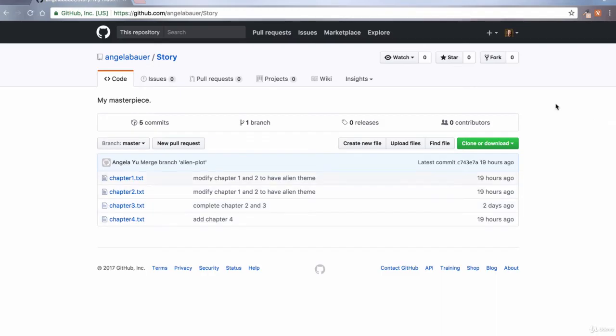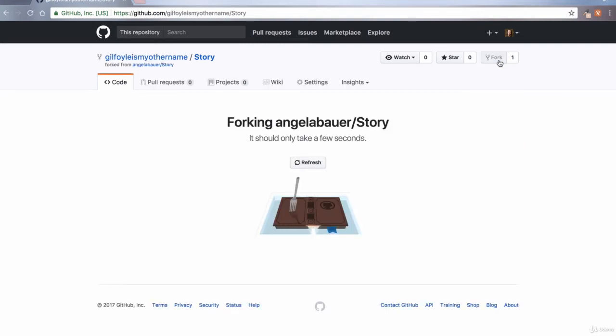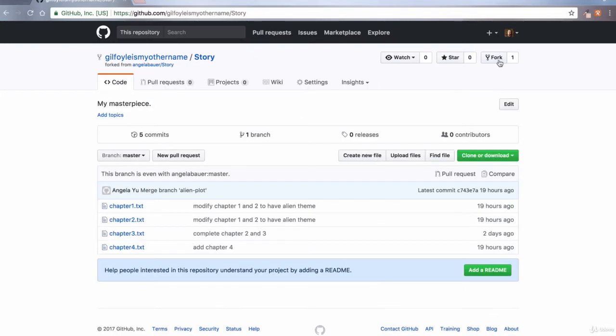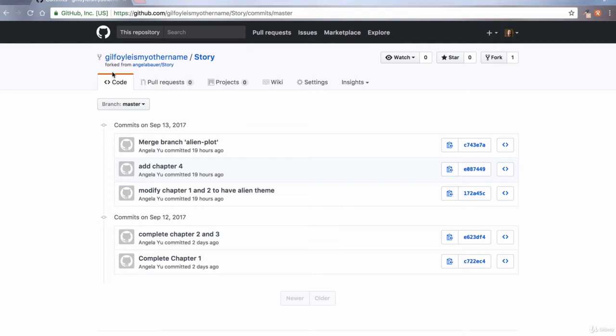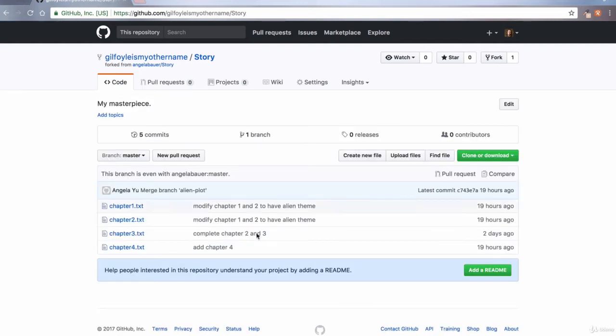So from here, I'm going to fork this repository. As we mentioned before, forking is simply making a copy or a duplicate of a remote repository and putting it under your own GitHub account. You can see this user that I've created is called Guilfoyle is my other name, and now I have this repository under my own username. I've made a copy of it, and you can see it's exactly the same as before. Everything's been copied over, including all of the previous commits that were made. So now from here, I'm going to